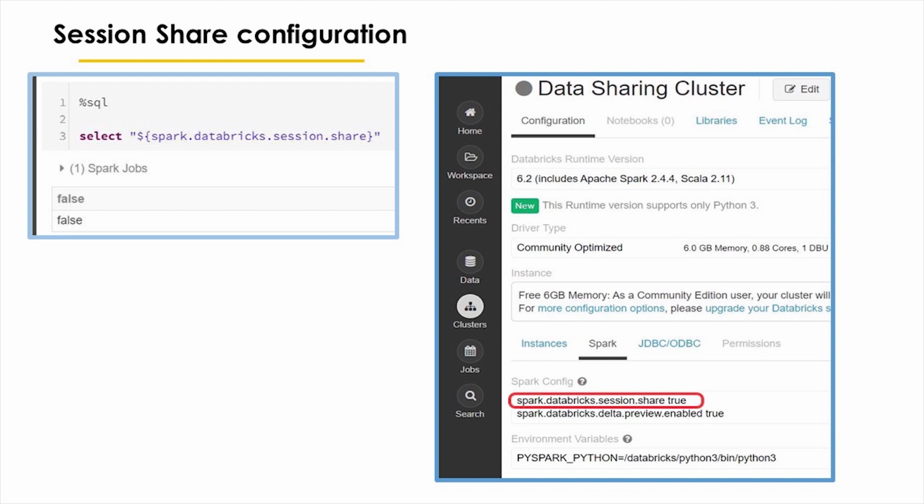Why is it enabled? Because with Spark session isolation, different notebooks attached to a cluster are in different sessions with isolated runtime configurations and database settings. In order to share temporary views across notebooks when session isolation is enabled, users can use global temporary views. Users can still disable the session isolation setting by setting session share to true.